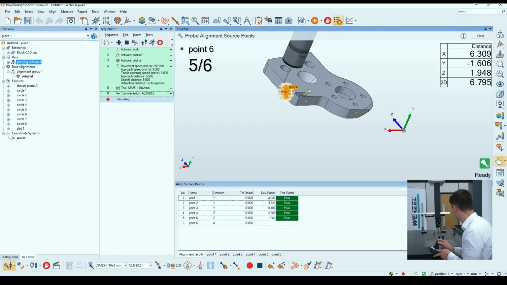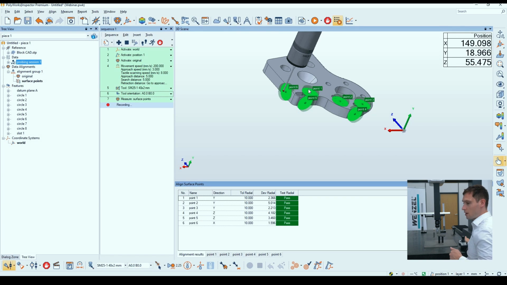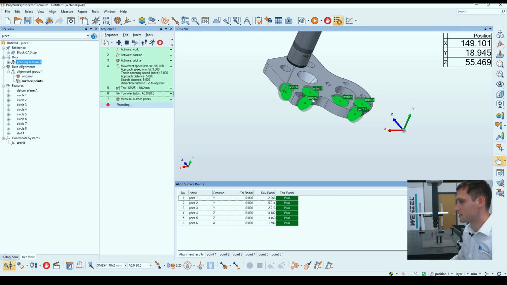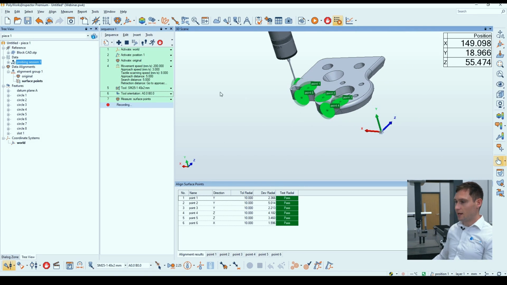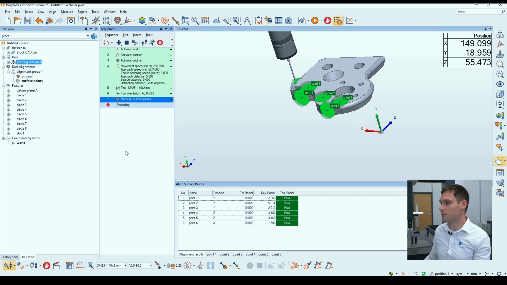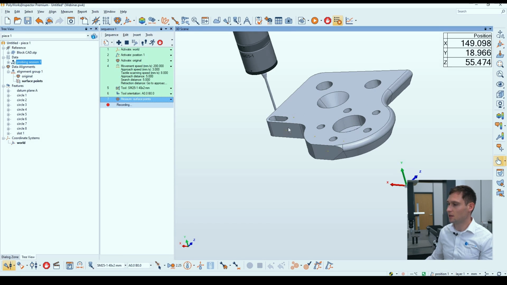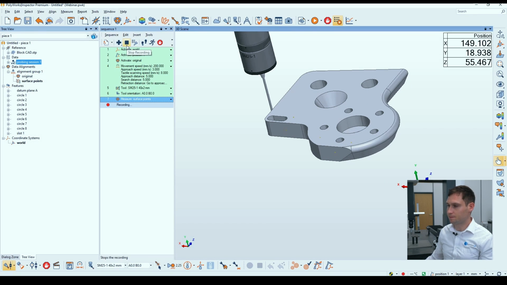Okay. So, now that we've measured our points, we can see that they were all within their 10 mil tolerance zone. And it's also added that step to the end of my sequence, and that was because we were in the record mode. So I'm going to close out of my alignment, and I'm going to stop my recording,